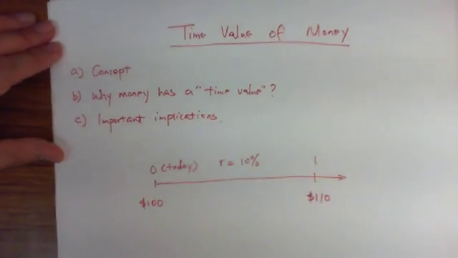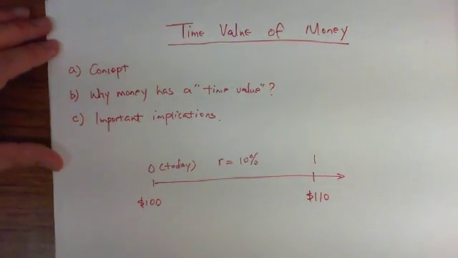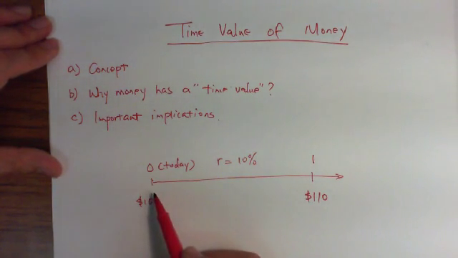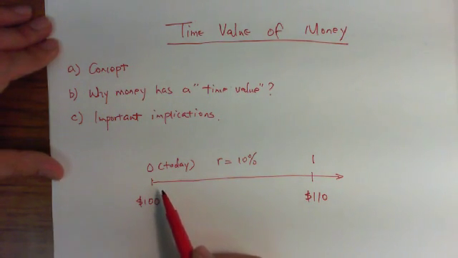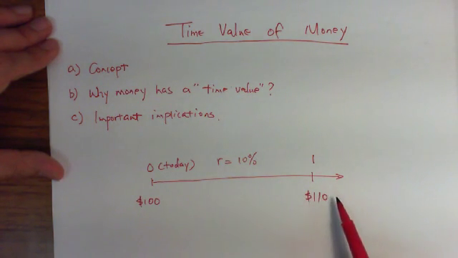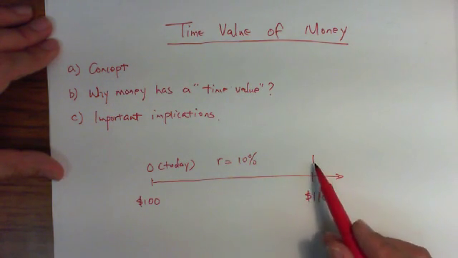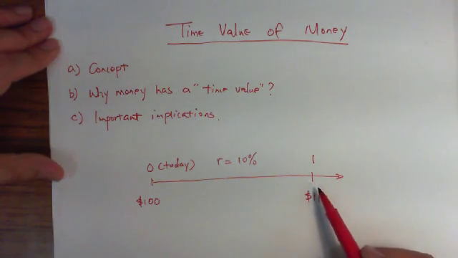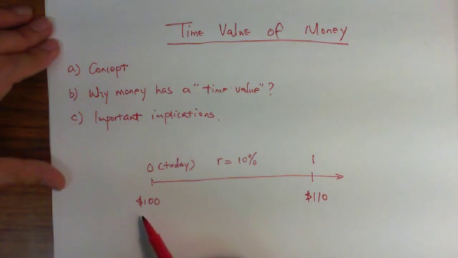Now, I will use this concept. Now, this is what we call a timeline. The left end of the timeline is time zero. Normally, it means today. And then we have tick marks. Now, in this example, I have a tick mark 1. It represents one period in the future. Now, suppose we have an investor. The investor has $100. So that is the owner of the money.